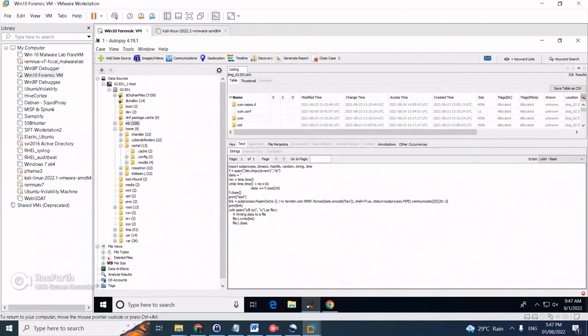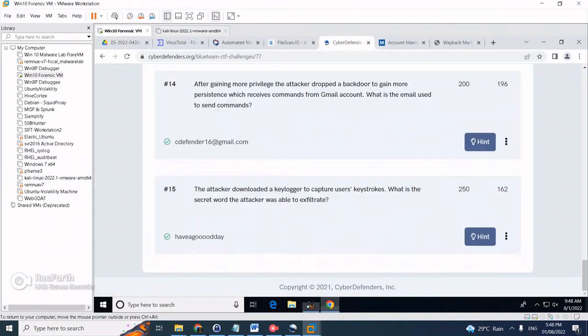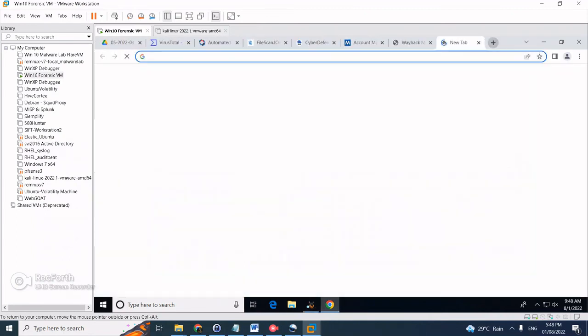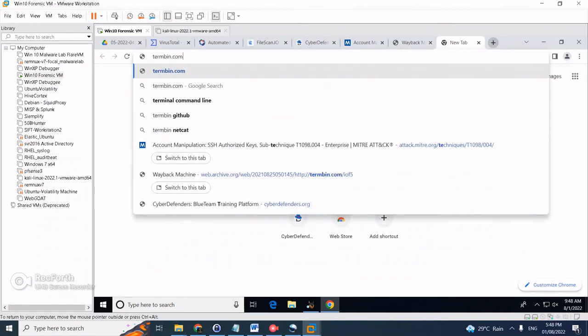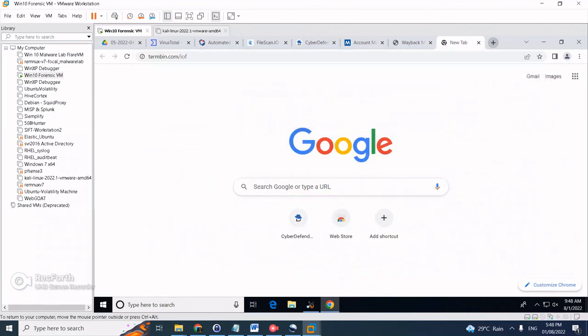Notice here, it's actually opening a process of netcat and connecting to this domain, right? But what's interesting is the exfil.txt we found earlier. It's actually a URL path to this domain. And if we check termbin.com/IOF,